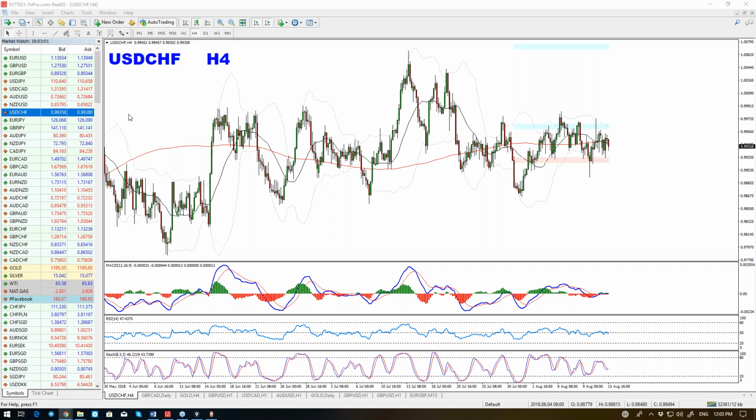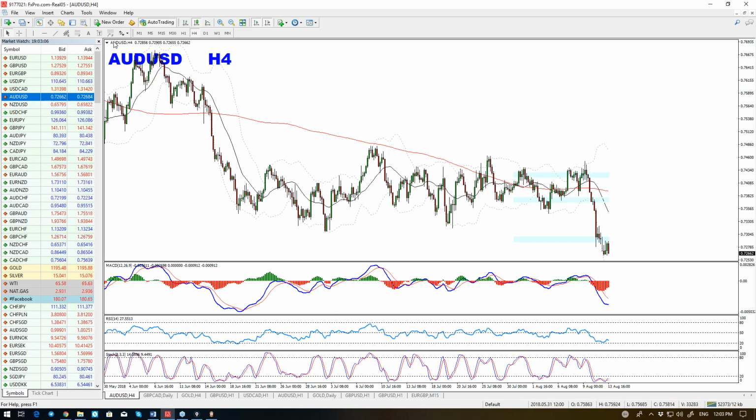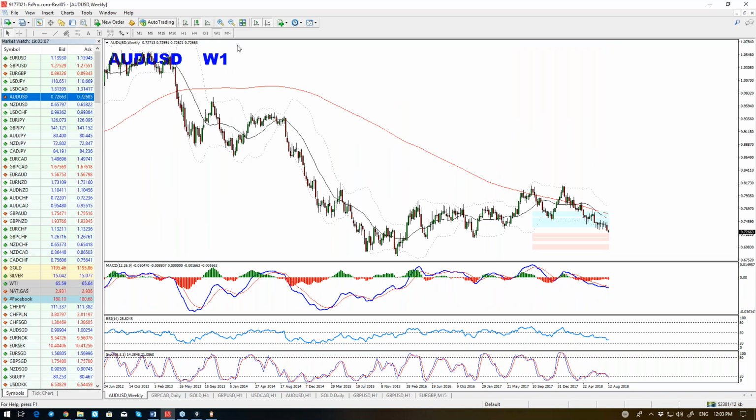That's all from the dollar pairs. Now the Pacifics, Aussie versus the dollar. So what do we have here? Aussie versus the dollar